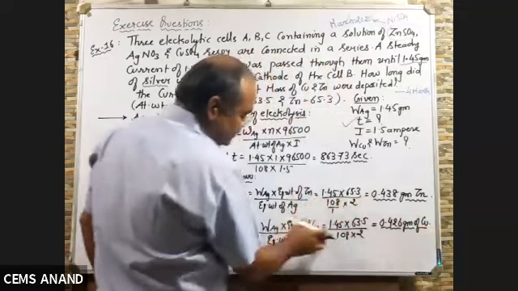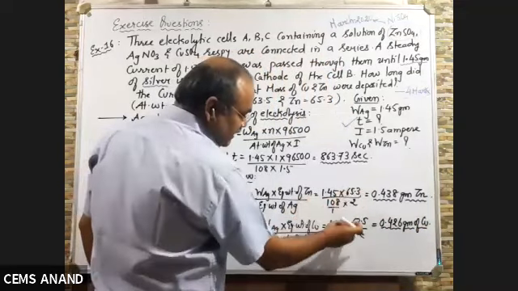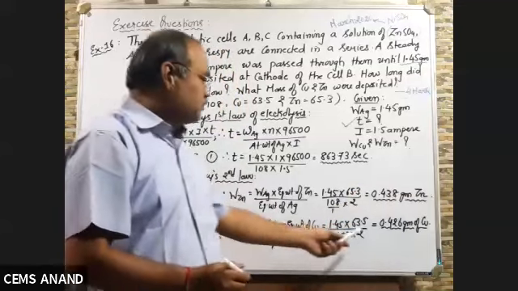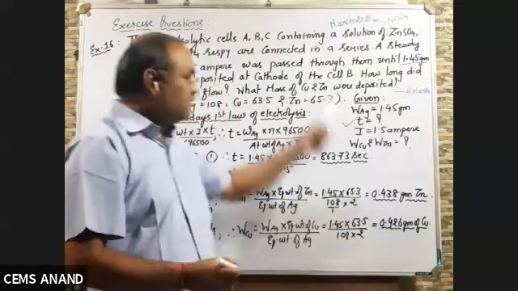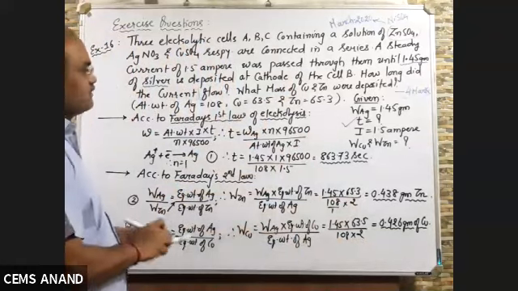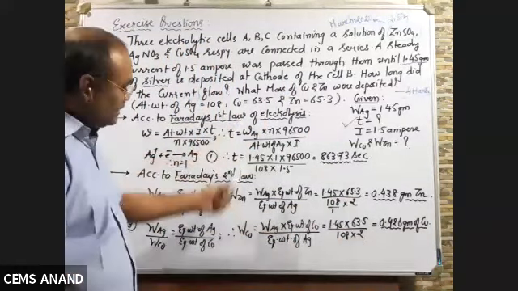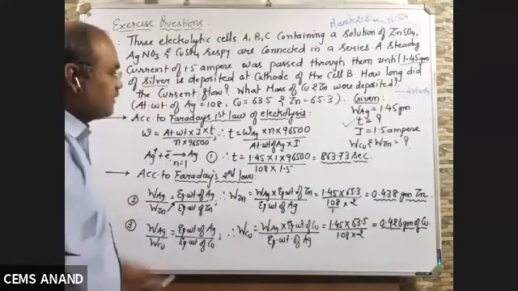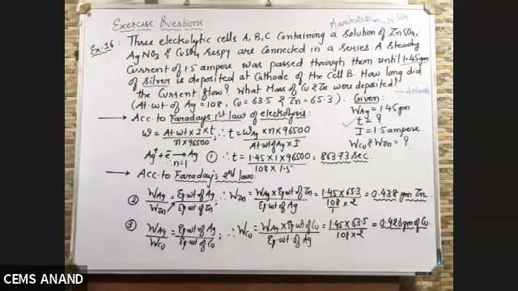It will be nearby because everything is the same. Here it is 63.5, here it is, sorry, 65.3. So somewhat less value you will get. By this way, you have to solve these numericals. Here both laws, Faraday's first law of electrolysis and Faraday's second law of electrolysis, are used, right? And this was asked in the board exam in 4 marks.